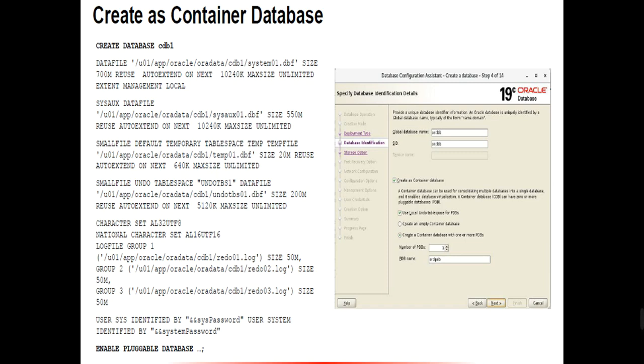You can create database CDB1 and mention the data file, sysaux data file, character set, national character set, log file groups, and users. At the end of the script you can see ENABLE PLUGGABLE DATABASE. You need to give this clause while creating the container database. You can create it manually as well as with the DBCA method, and here the picture shows the DBCA method. So let's move forward.